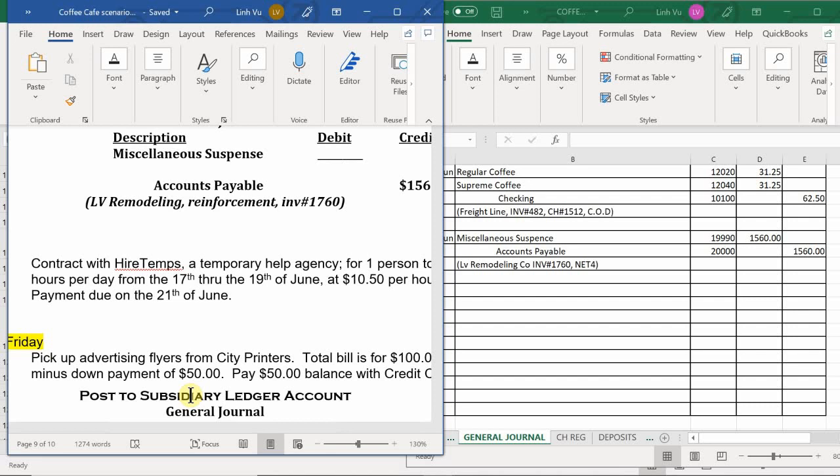And yes, we do need to write this, but did this transaction already happen? No. When will it happen? The 17th, when they start working. But when do I actually pay these people? On the 21st. So in this case, where can I write this information? It's pertinent information, pertaining to a transaction, but I haven't incurred the transaction yet. So where do you think I should record this then?